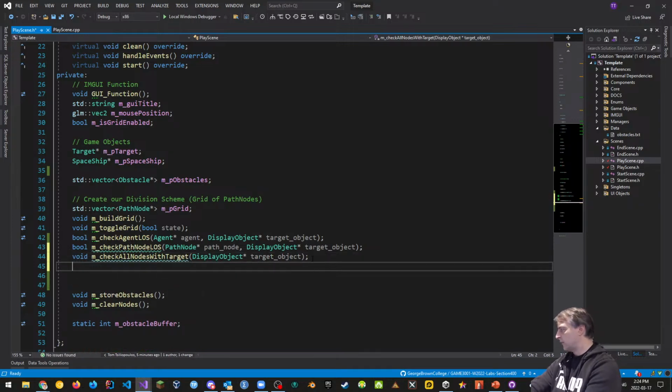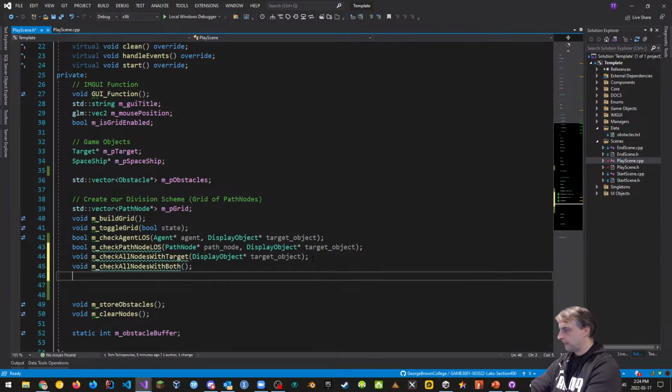The next one is going to be check all nodes with both. So that's both the target and the spaceship. And we also want to have m_setPathNodeLineOfSightDistance. So whatever that minimum line of sight distance is going to be, we're going to give it a distance value. Okay. So that so far gets most of them in there.